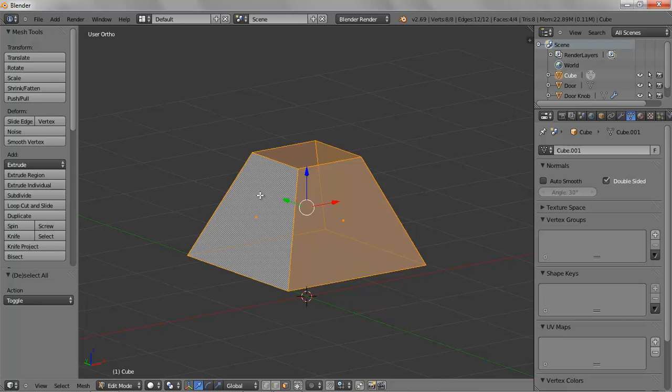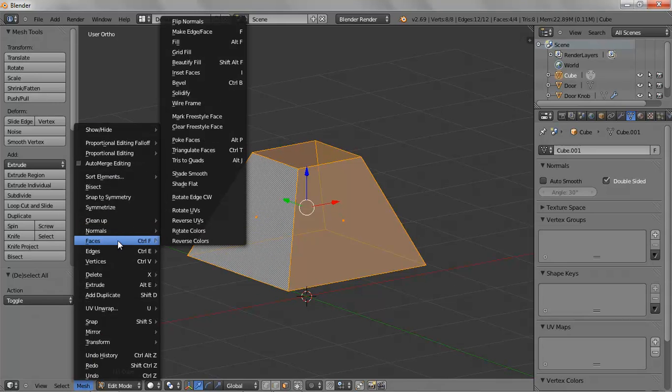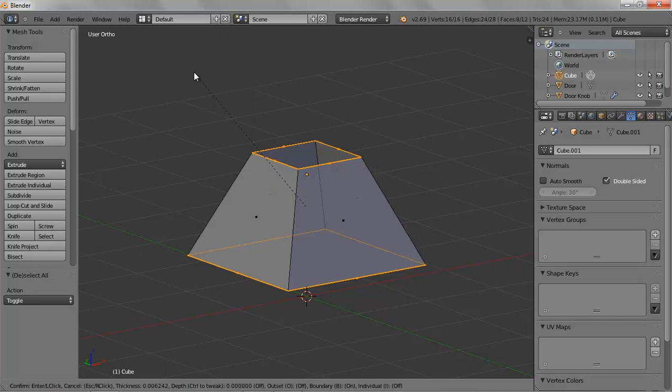And what I want to do is, if I can't use the extrude yet, create a frame and separate the frame from the glass, so I'm going to do mesh, faces, inset faces. And you'll notice the first thing it does is it tries to do it globally. If you look down here, you'll see there's different settings, and if you hit I for individual,